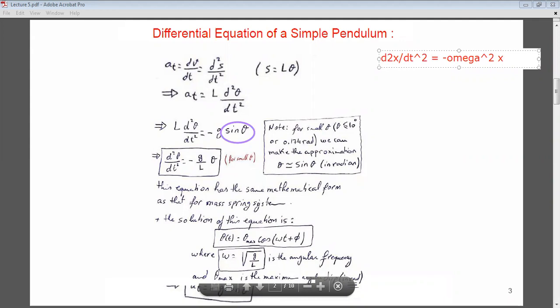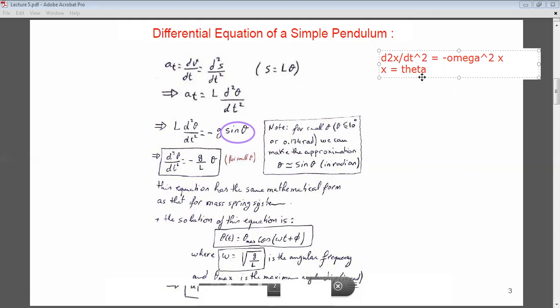And this, we said, is the equation for simple harmonic motion. So now instead of x, there is theta. So x is replaced by theta. So this is the same equation. This is a differential equation